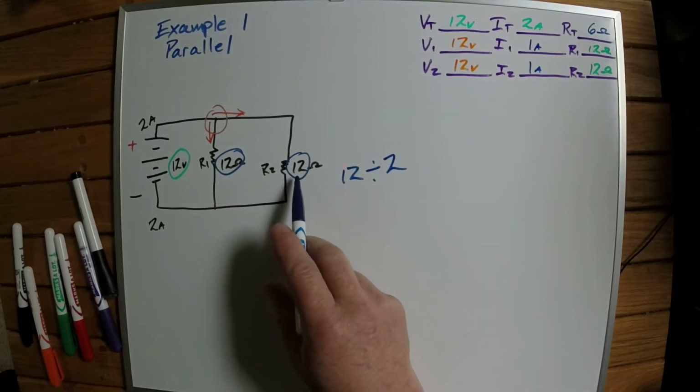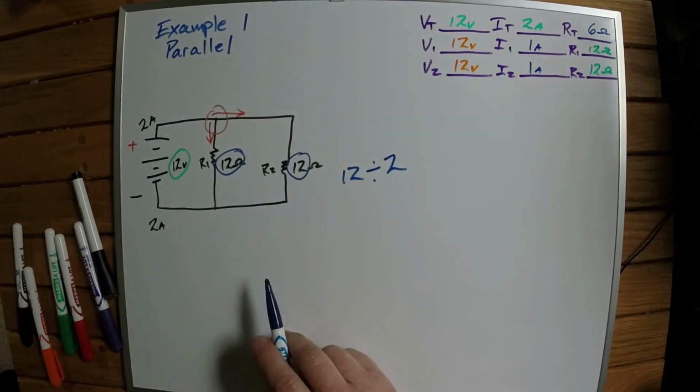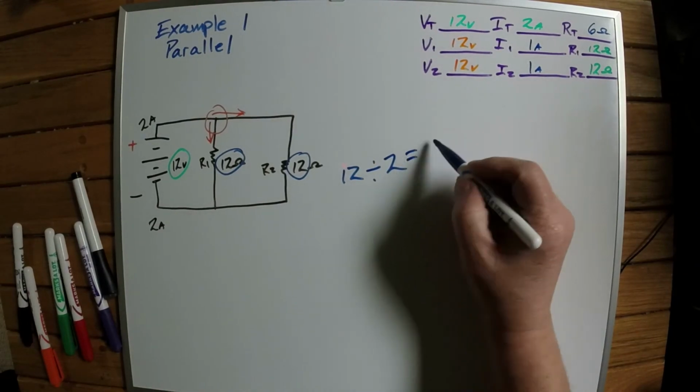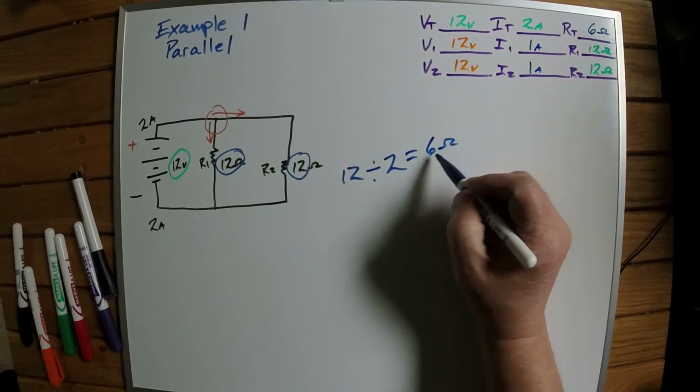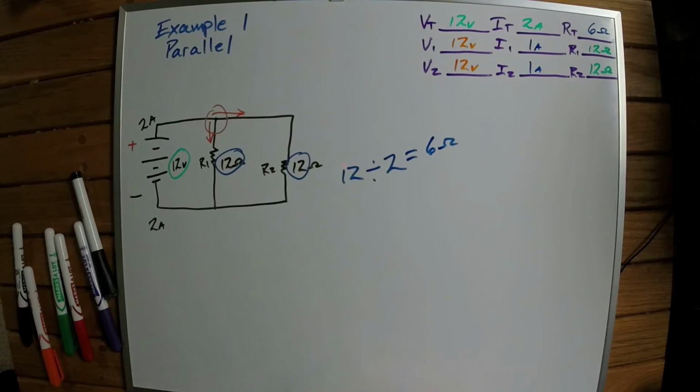So we have a value of 12. We divide it by the number of resistors, and so that equals 6. In this case would be ohms. And so that's another way that you can calculate the resistance. Another way you can calculate the resistance is by using a